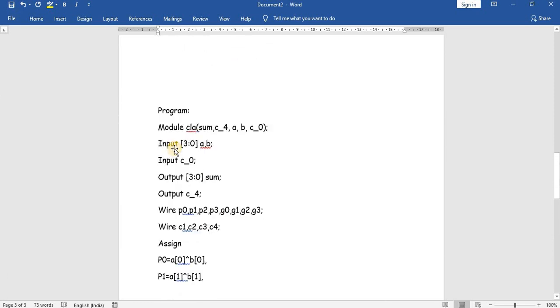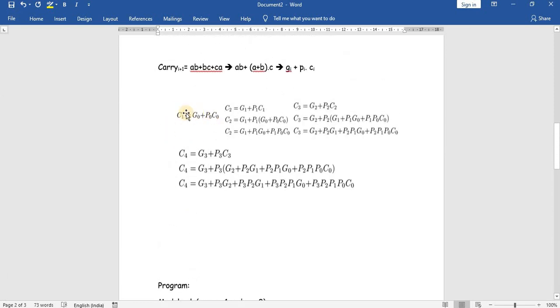I have done the same equation: C1 is equal to G0 plus P0 into C0. Now C2 is equal to G1 plus P1 G0, plus P1 P0 C0.